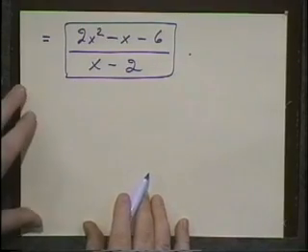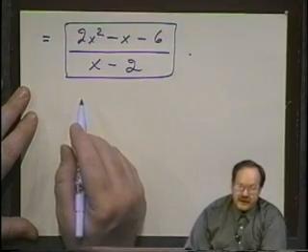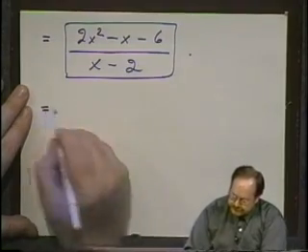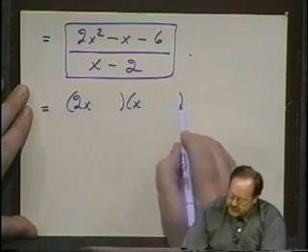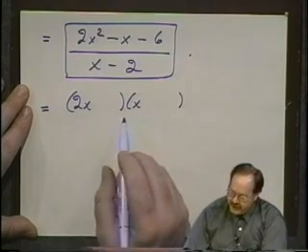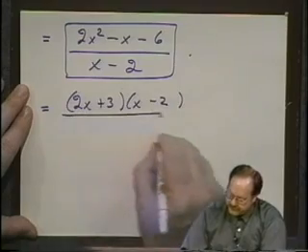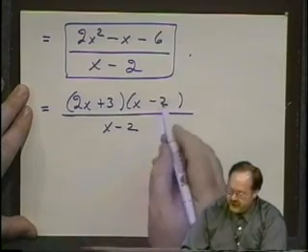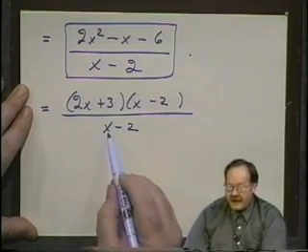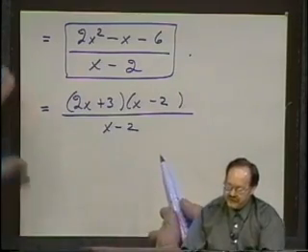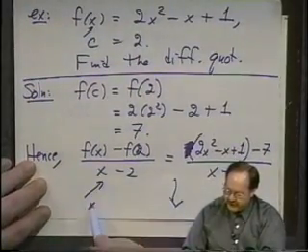You could stop there. But since we've had practice in factoring, let's go ahead and see if we can go any further just for the heck of it. The top you might try factoring as 2x times x times something. And if you pick the right values, it turns out plus 3 and minus 2 do it. On the bottom you have an x minus 2. Of course, now x minus 2 over x minus 2 is 1 wherever x is not equal to 2. But the difference quotient, remember, in the original we said that x was not equal